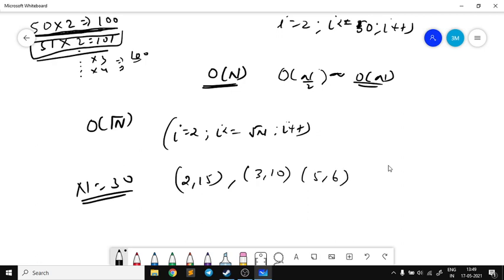These all will be the factors, right? Now if I move ahead further, other factors will be 6, 5. But you see, these are repetitions. Only the positions are swapped, but the numbers are the same, so we don't have to take these factors, which are nothing else but repetition. We can ignore them.